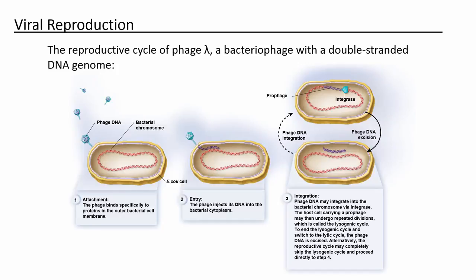Remember that the DNA inside of a cell is a double-stranded DNA molecule. For phage lambda, its genome is also double-stranded DNA, so you can directly incorporate that into the host cell genome. It's going to be different for HIV, because HIV has an RNA genome, which is single-stranded, and you can't just simply incorporate that single-stranded RNA molecule into the DNA directly. So for HIV, the viral RNA genome